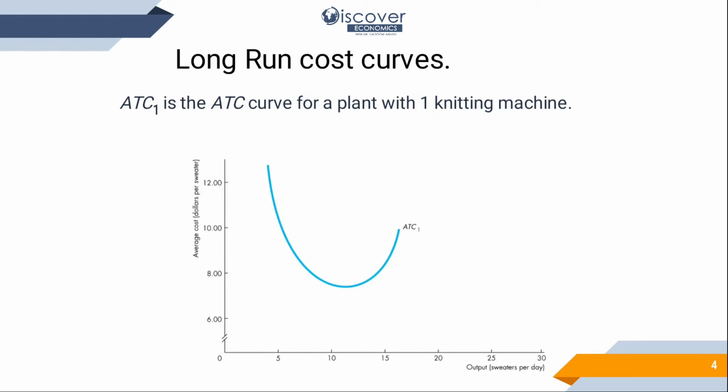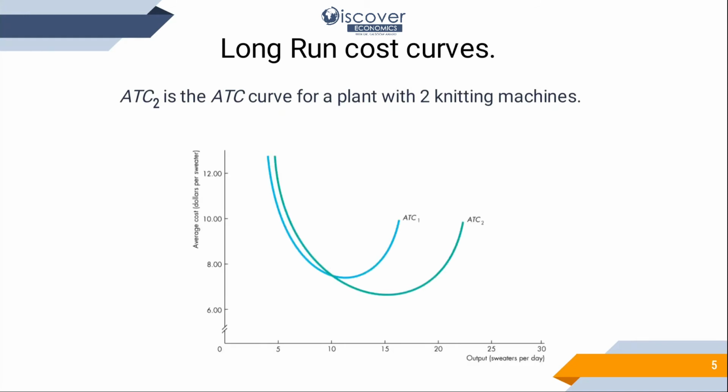But gradually when we will be producing more and more items, the per unit cost will be divided between all those more items. So the pressure of fixed cost will decrease and per unit cost will be decreasing. Then it will reach the minimum and then again it will start increasing. Now why does it again start increasing? Because of diseconomies of scale. Now what are diseconomies of scale? That we will learn in the next slides.